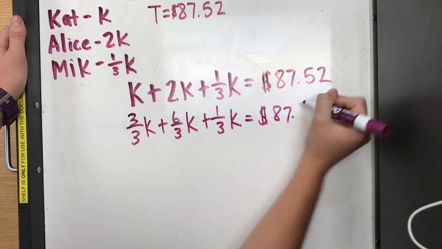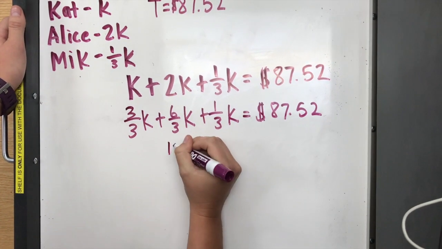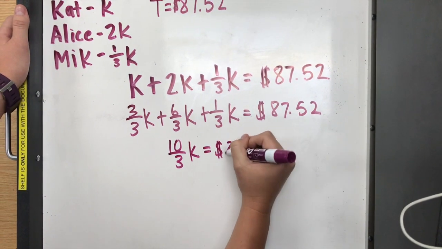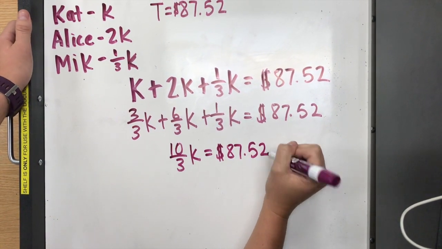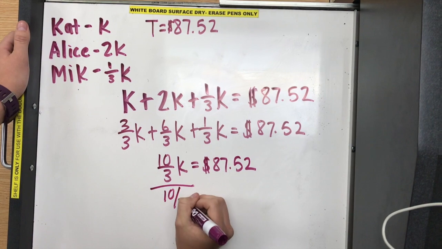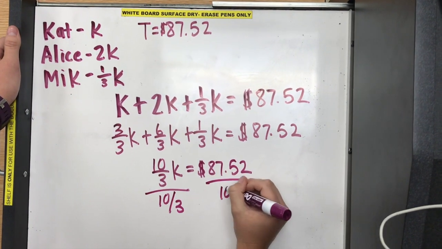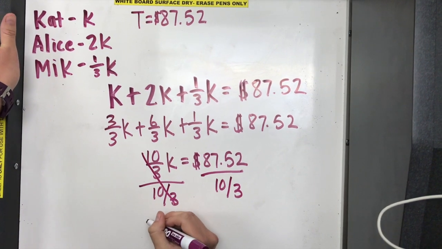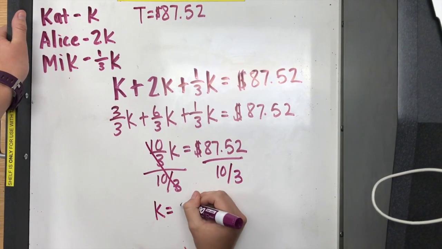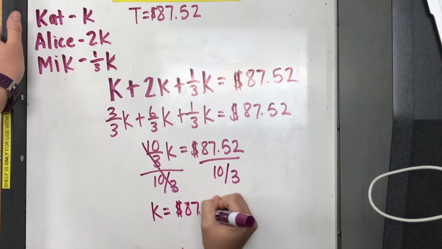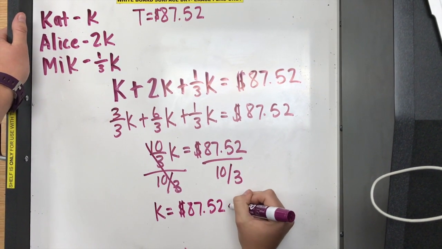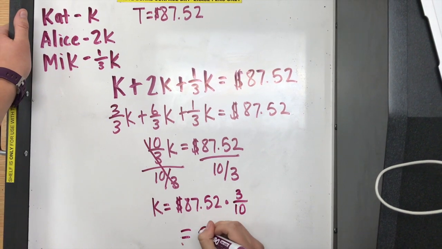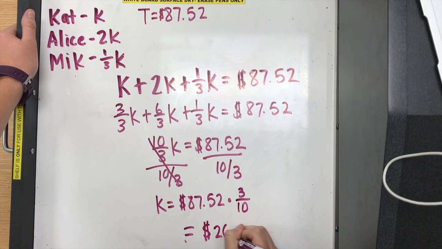When adding them together, I get 10/3 K is equal to $87.52. In order to isolate the variable, I divide both sides by 10/3. From prior math knowledge, I know that when dividing fractions, I can also multiply by the reciprocal. After multiplying $87.52 by 3/10, we get K is equal to